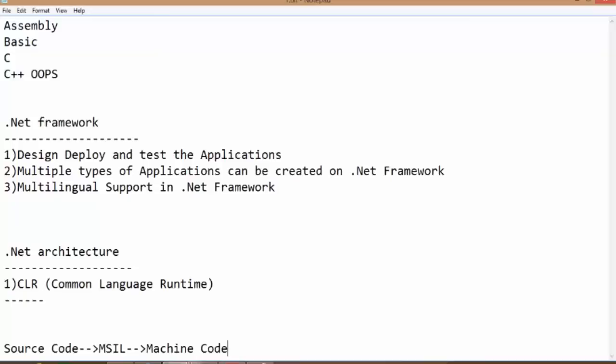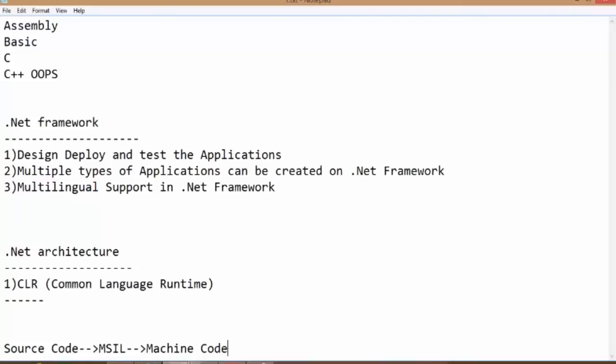So what do you think? Why is the source code getting converted into MSIL? Why not directly machine code? The machine doesn't understand the source code. Yes, the source code should be converted into machine code. That is for sure, because otherwise how is the machine going to understand whatever the code is?